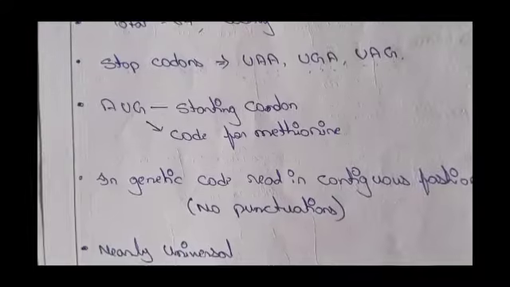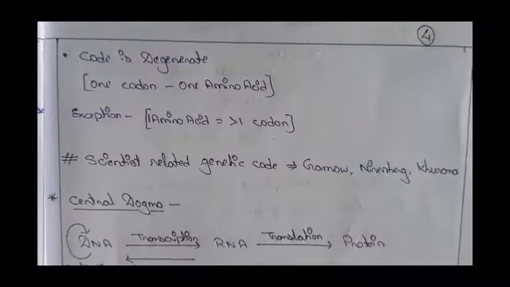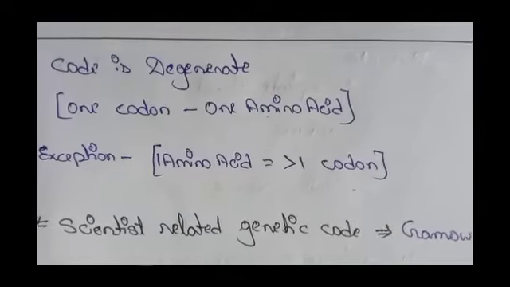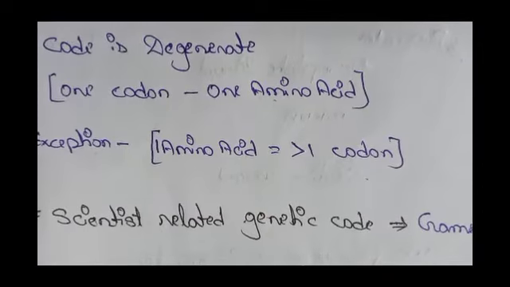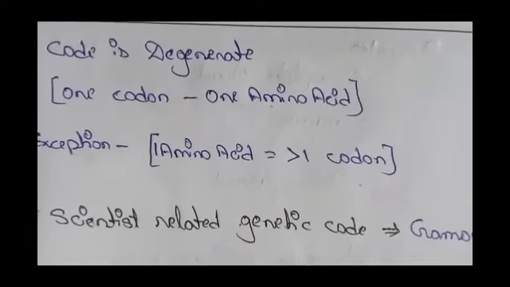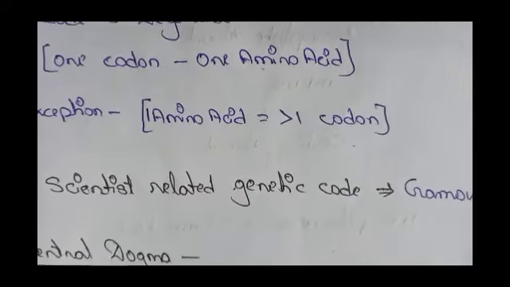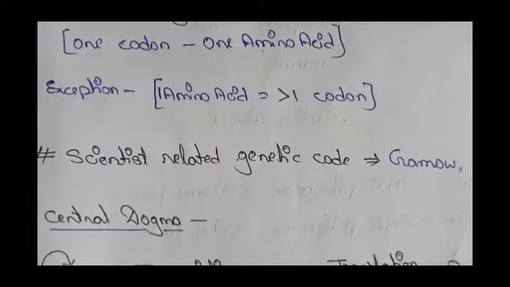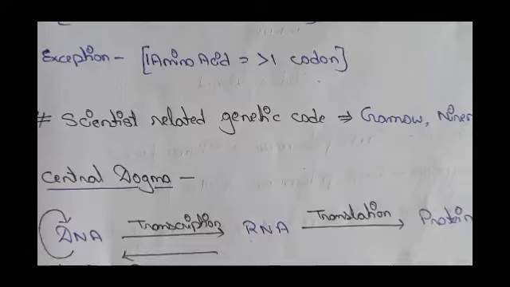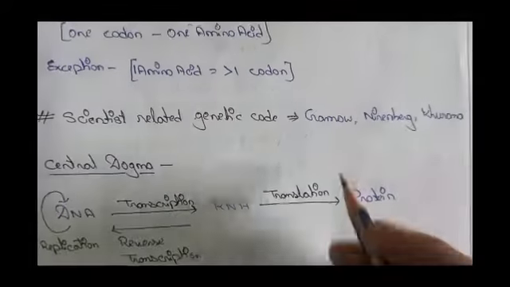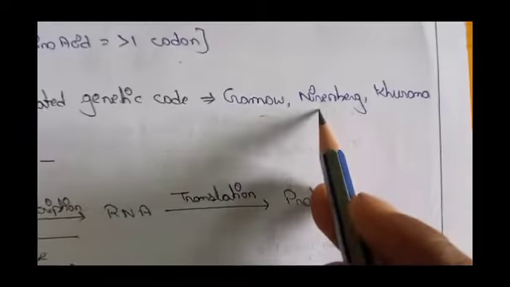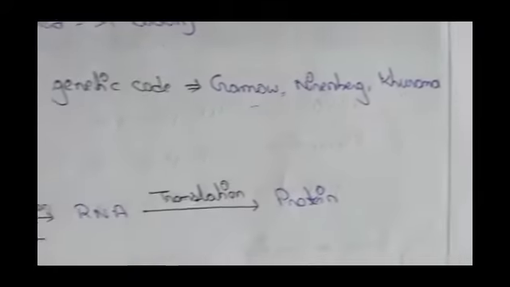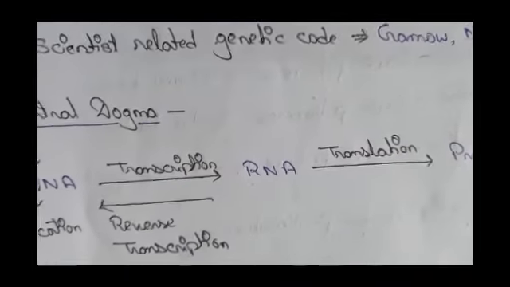Okay. The code is degenerate, means more than one codon can code for one amino acid, but one codon codes for only one amino acid. The scientists related with the genetic code are Gamow, Nirenberg, and Khorana. Okay,